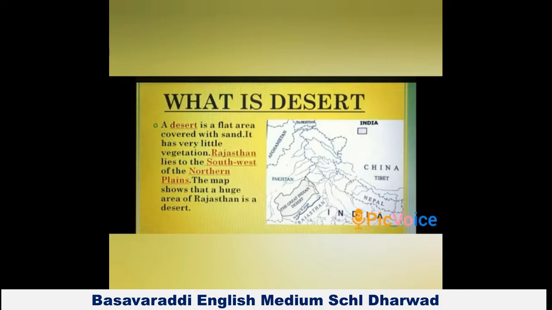It is bordered by the Indus River plains to the west and the Punjab plains to the north, the Aravalli mountain range in the southeast and the Rann of Kutch in the south. The Thar is one of the largest deserts in the world. Most of Rajasthan is covered by desert. Therefore, the state is also known as the desert state of India.